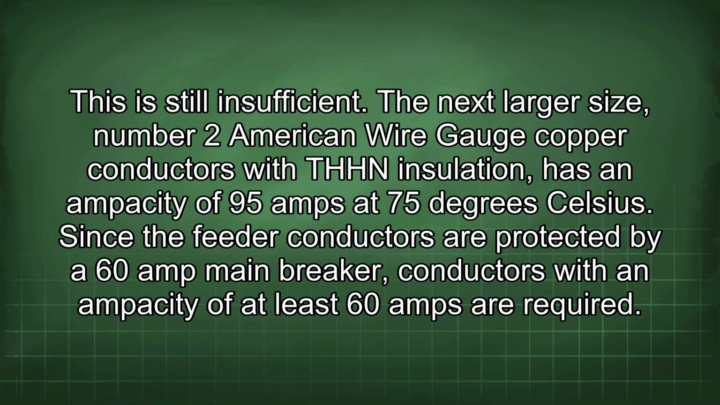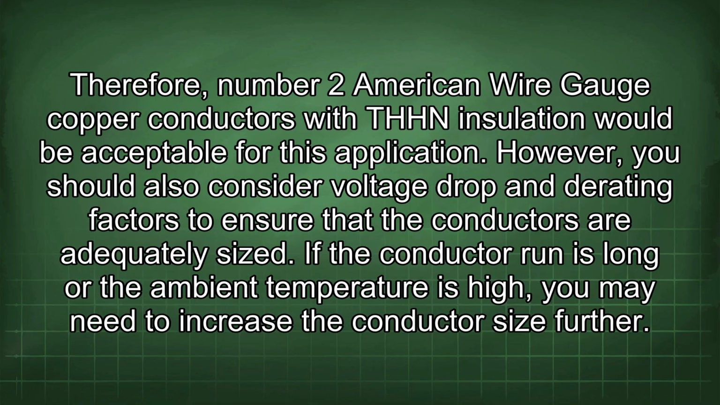at 75 degrees Celsius. Since the feeder conductors are protected by a 60 amp main breaker, conductors with an ampacity of at least 60 amps are required. Therefore, number 2 American wire gauge copper conductors with THHN insulation would be acceptable for this application. However, you should also consider voltage drop and derating factors to ensure that the conductors are adequately sized. If the conductor run is long or the ambient temperature is high, you may need to increase the conductor size